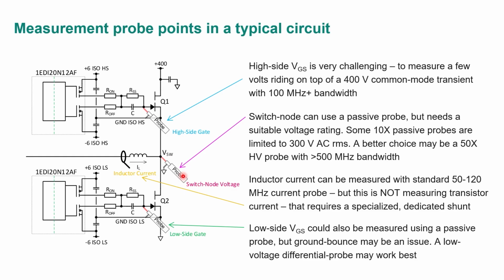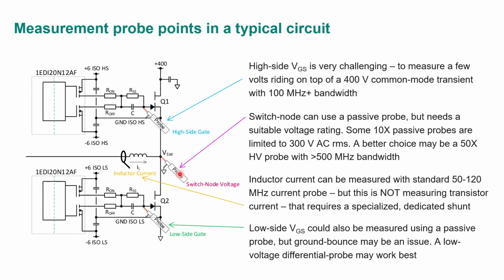Okay, for measuring the switch node voltage, it's a little less critical. I mean, it's a big signal, so you've got hundreds of volts here. The important thing is some of these probes, for example the one we were just looking at, is a 400 volt probe. If I have a 400 volt bus, do I want to use a 400 volt probe? It's kind of sketchy, kind of pushing it. Maybe I want something a little bit higher. Some of them are only rated at 300 volts. So you really should use a probe here that's high voltage.